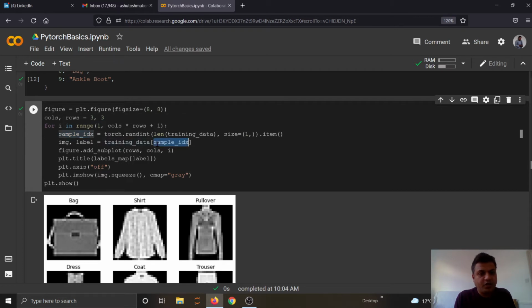That on that particular ID there is an image. So we get that image from the training data, and at that location we get the image and its corresponding label. So suppose you get 20,000, so it will be training data in bracket 20,000. So at location 20,000 in training data there is an image and a label associated with it. So we will get the image as well as the label, and then